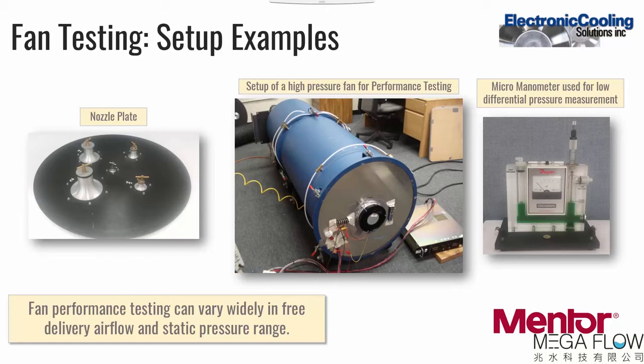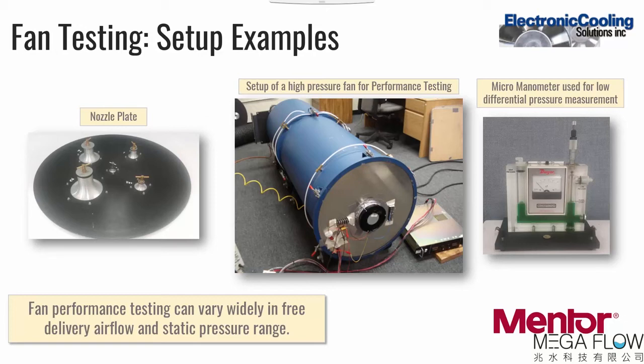The middle picture shows a complete setup of a high pressure fan being tested. In this case, a special steel faceplate was fabricated to withstand the high pressures generated by the fan during the measurement of points closer to the stagnation point. The setup also shows the power supply powering the fan and wiring for the pulse width modulated control and tachometer readings. The variable centrifugal blower can be seen on the far end of the picture for providing assistance in setting the